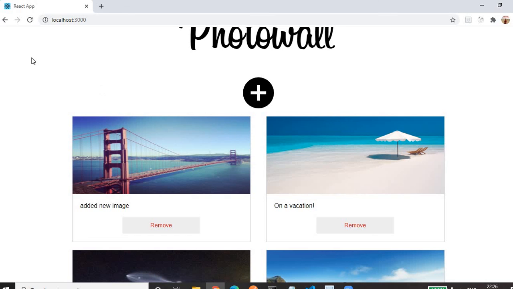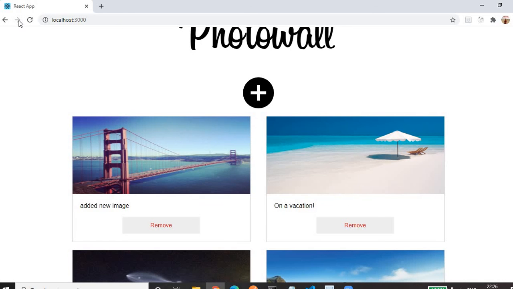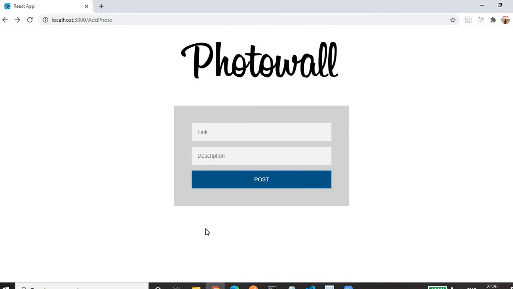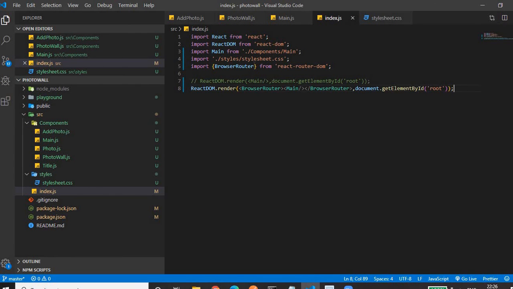If I click on the back button or forward button, we are able to navigate between our components. This is happening because whatever URL we have entered is being tracked by browser router. That's why we have to put the main component tag within the browser router. So browser router will do all the tracking.